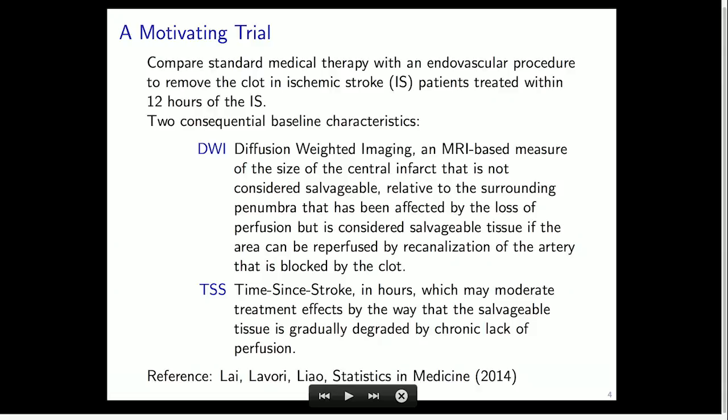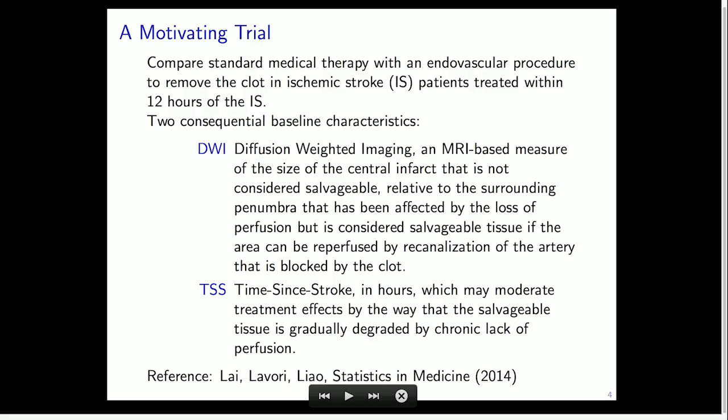And I'll begin with a motivating trial here. So the idea here is to compare standard medical therapy with an endovascular procedure to remove clot in people who have ischemic strokes. And of course, one of the key predictors of how well you do after stroke is how soon you are treated, or how soon a stroke is discovered,